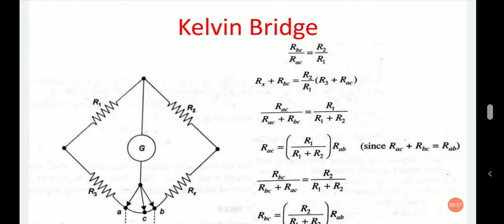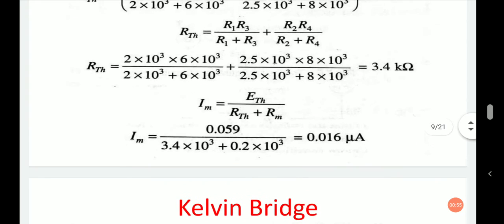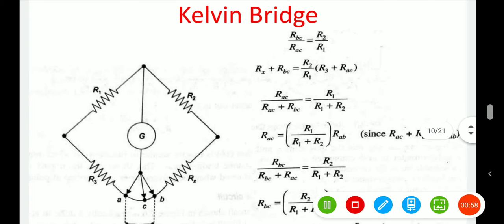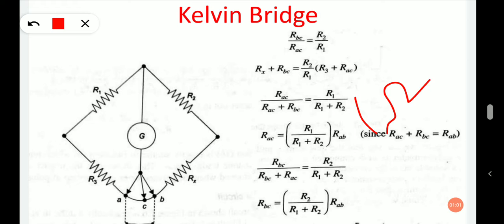Wheatstone bridge circuits are not capable of measuring low resistances. An improvement was overlaid on these circuits so that they could be used to measure very small values of resistances, generally below 1 ohm. This modified version of the Wheatstone bridge is also known as the Kelvin bridge circuit and provides significant accuracy in low resistance measurement.